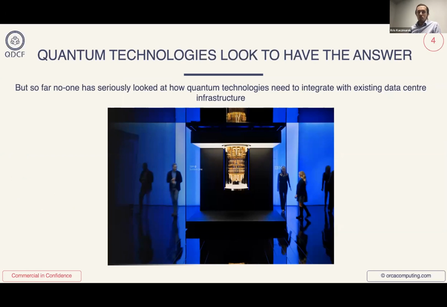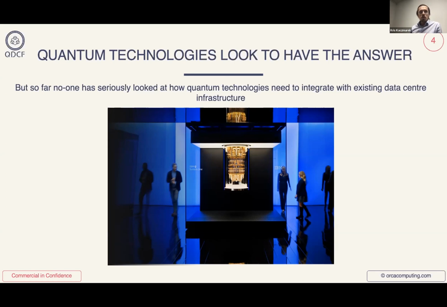They're very impressive pieces of technology, like the one shown here in the picture. But it's really hard to imagine them currently sitting alongside your GPUs, your CPUs, all the server data racks that I've shown in the first picture, illustrating a modern data center.